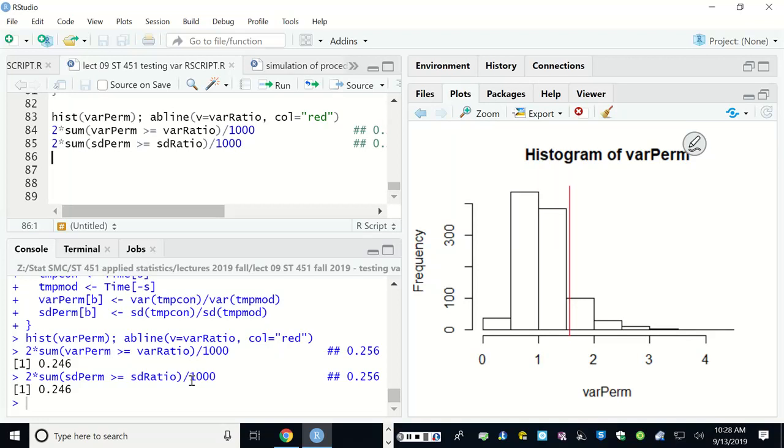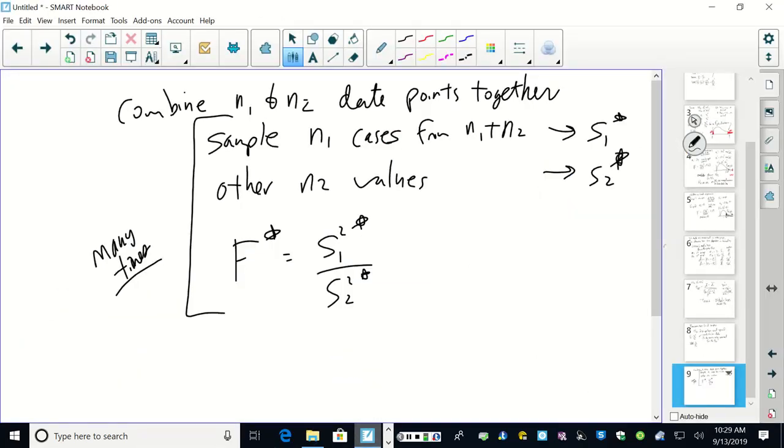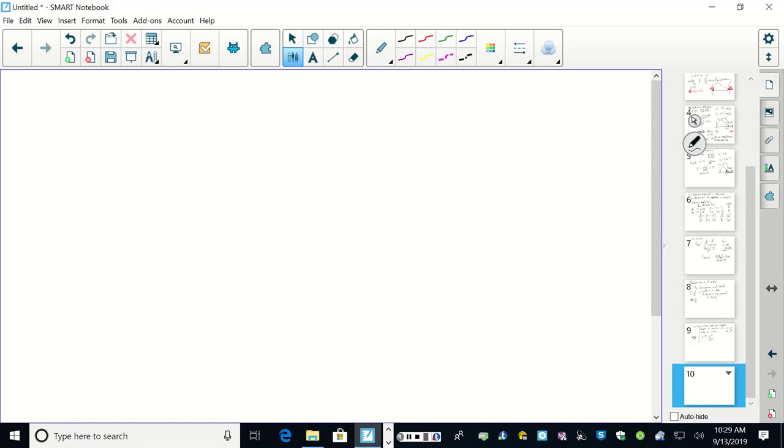Right? Now what's occurring to me is that with this simulation, we could end up with a case where, if there's a mean difference in the groups and we're randomly sampling from that, that's not really only testing variances. Right? It's kind of testing any differences, right? And so that's not quite exactly what we would want to do just to test variances. So the better thing to do, right,